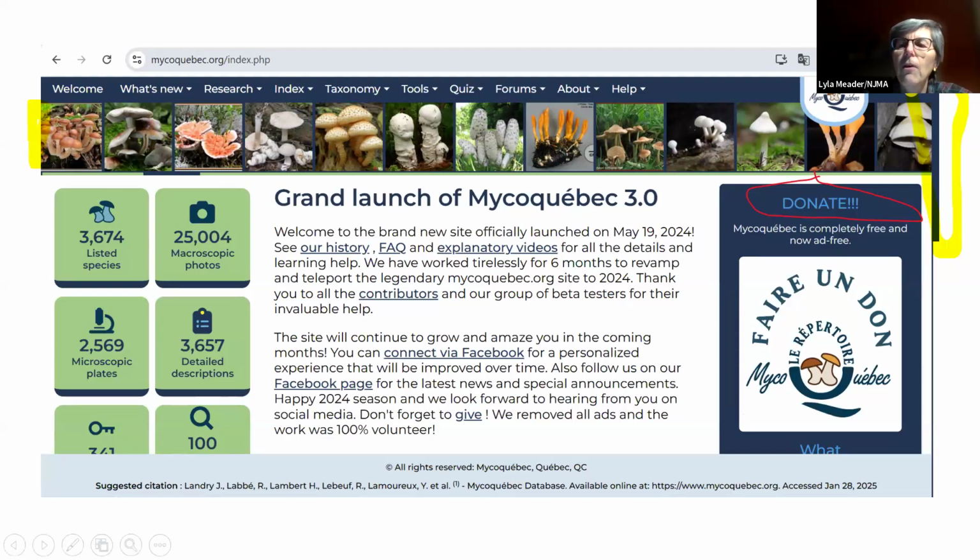The first is over here on the left. I've got a yellow bar here, and you'll notice all these beautiful photographs right up here. When we go to the site live in a few minutes, that's going to be like a crawler. Those are going to be sliding across the screen, and you can just move your cursor over that and find out the name of what it is that you're looking at. So we'll see a demonstration of that, but make sure I remember to do that when we get to the